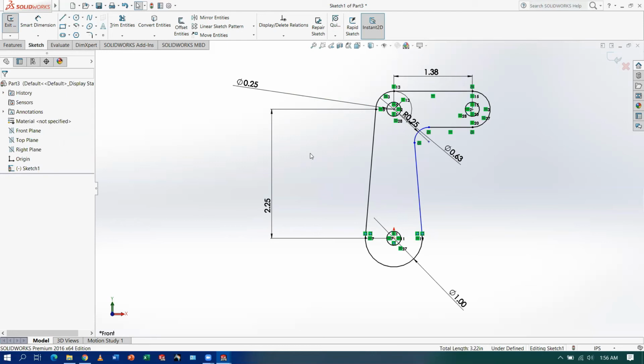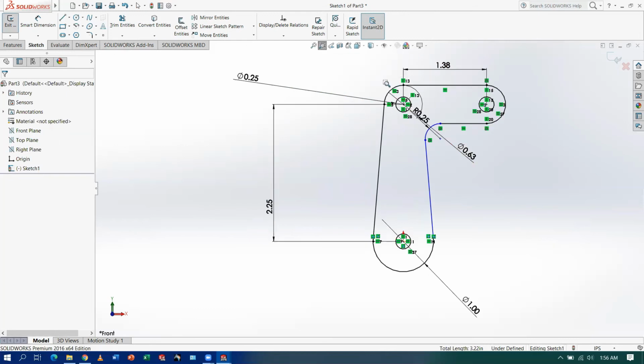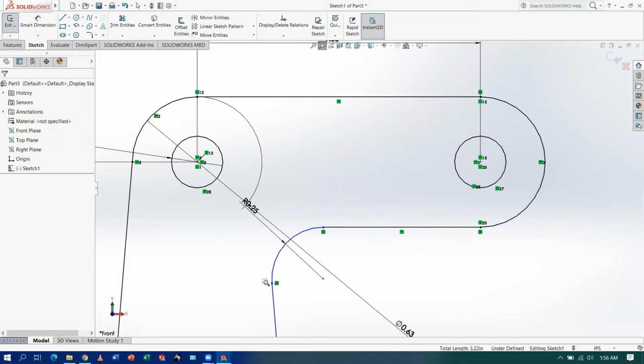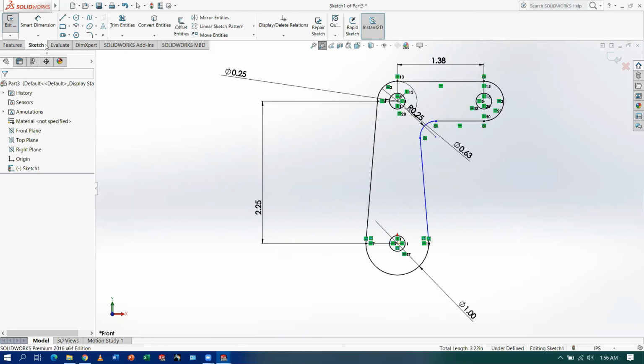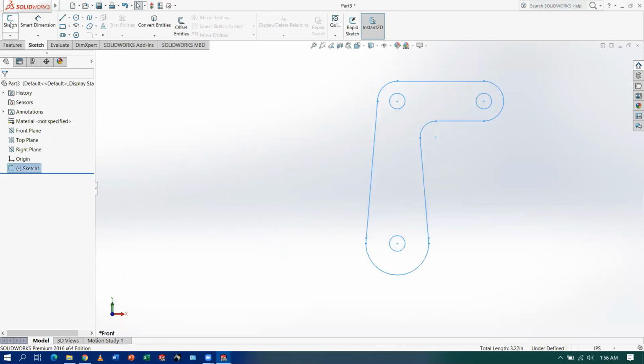Before using the extrude boss command, first we need to check every curve. The curves should not overlap. Exit sketch. This is perfect.